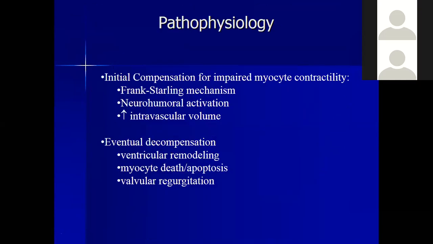So what is the pathophysiology? Everybody has heard about the initial compensation for impaired myocyte contractility. When the actin and myosin bind together with the help of calcium, they contract. So the Frank-Starling mechanism, I think everybody knows about this: the preload increases, the cardiac output increases. Up to a certain level, when the myocardial stretch is too much, it doesn't contract very well, and the cardiac output slowly falls down. So the mechanism is going to fail, and the patient will develop heart failure.